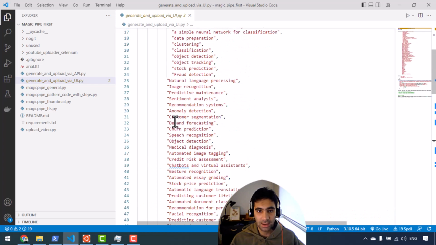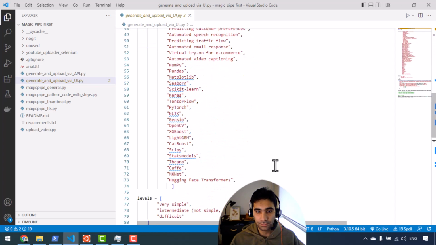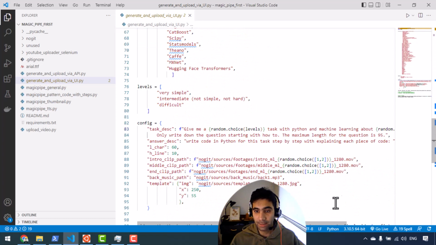For instance, say that customer segmentation. So, and machine learning about customer segmentation, and I give more basic description to ChatGPT to get more specific results. Only write down this question starting with how to. It's great. The maximum length for the question is 95. So this was the task description, basically the title, the topic of the